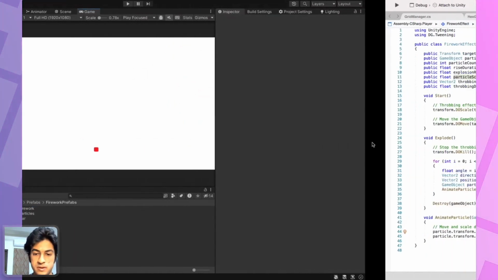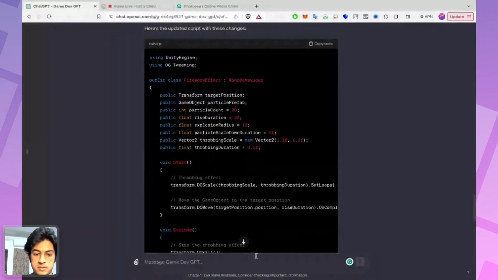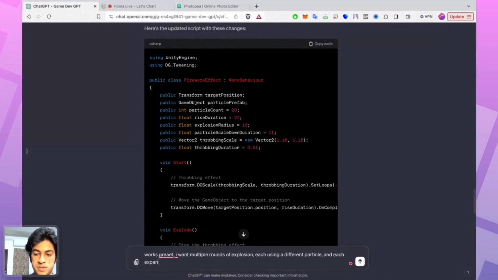This is just a single round, so it works great. I want multiple rounds of explosion, each using a different particle, and each expanding in radius based on the original radius.